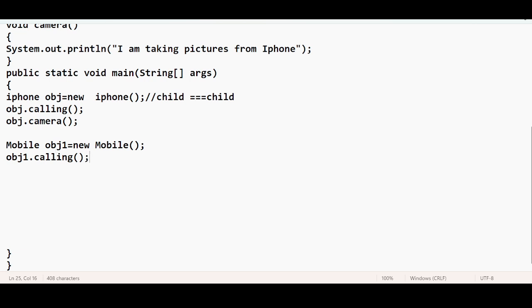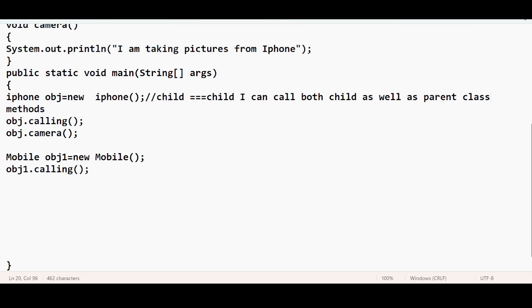Very simple. With this, I can call both child as well as parent class methods. Yes or no? But with this, I can call only parent class methods.